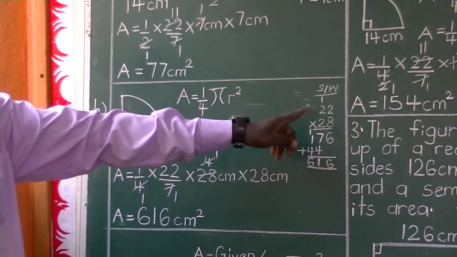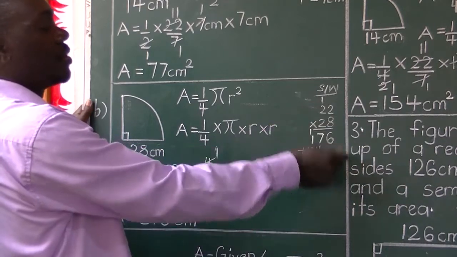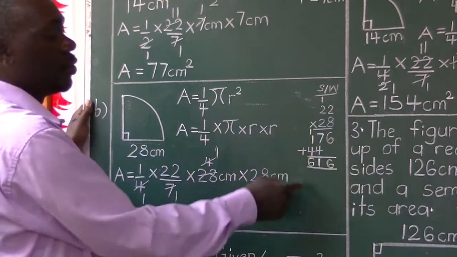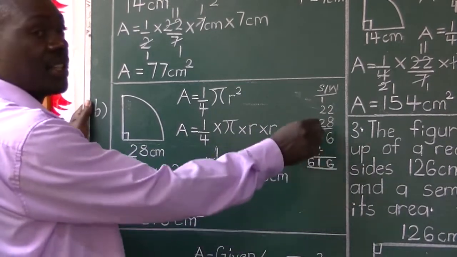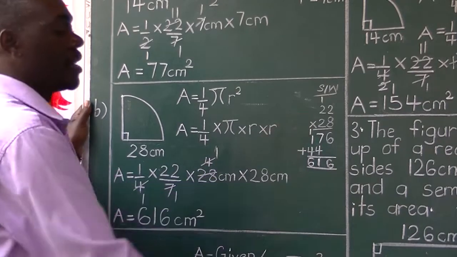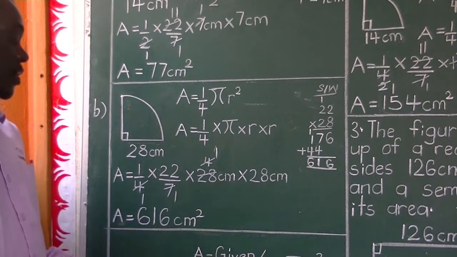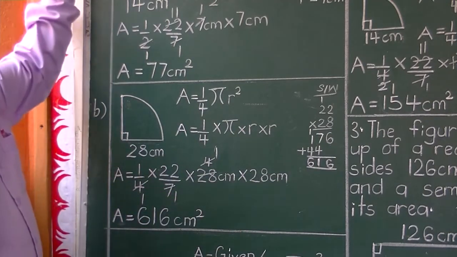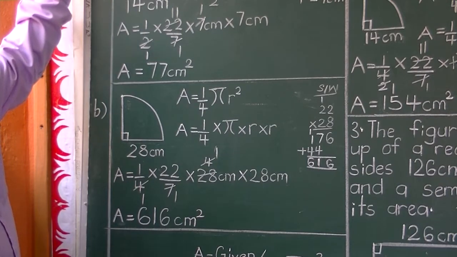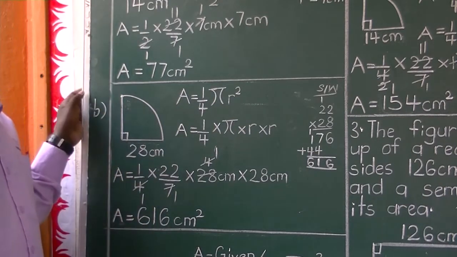So we get aside to multiply 22 by 28 accurately, where 8 times 2 is 16, plus the 1 you regrouped, you get 17. 2 times 2 is a 4, as well as the other 2 times 2, you get a 4. Then you add, you get a 6. 7 plus 4 you get 11, you write 1 and regroup 1. 1 plus 1 plus 4 you get 6. So 22 times 28 you get 616. Now centimeter squared, so the area of this quadrant is 616 centimeters squared. Having done that, that is the area of a quadrant, we shall look at this nameless circle sector.